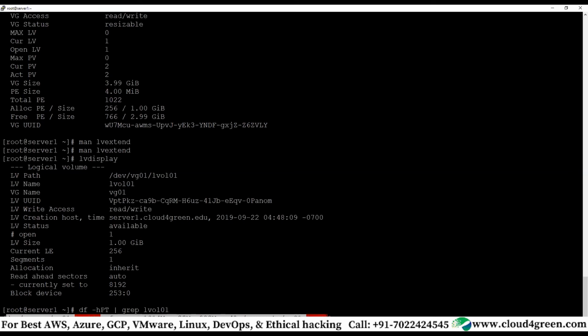I am going to extend this logical volume by 200 MB now. That means I am going to add 200 MB to this disk.